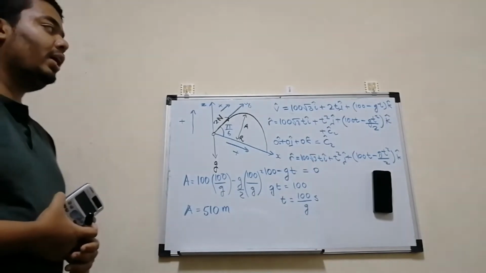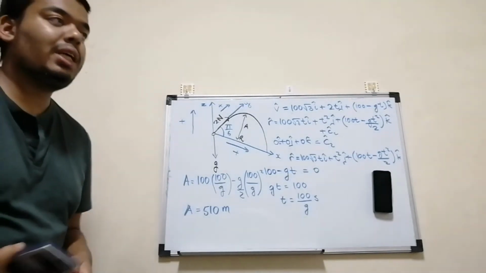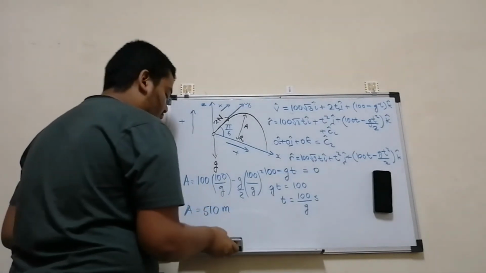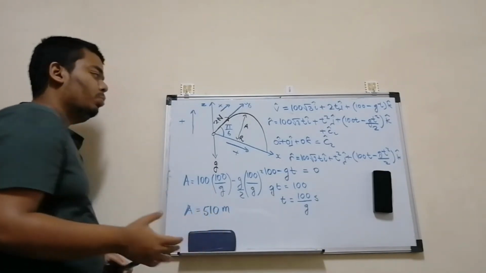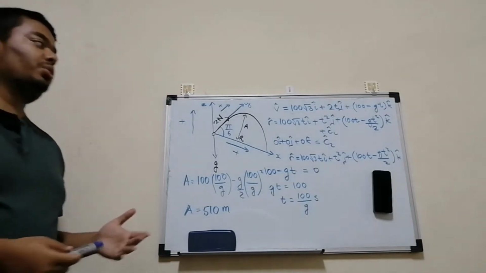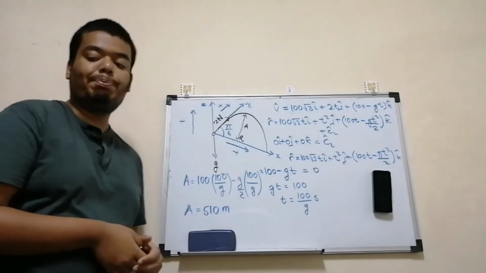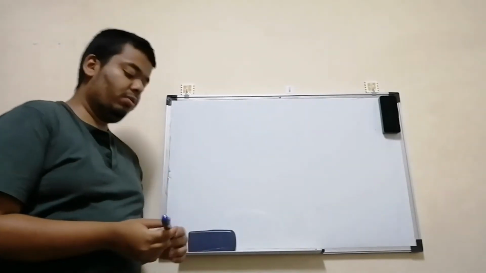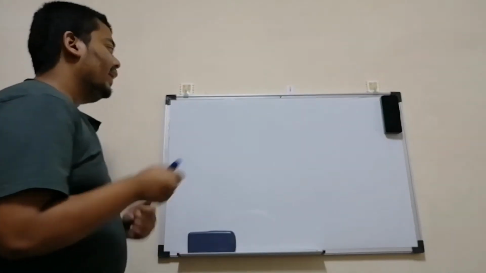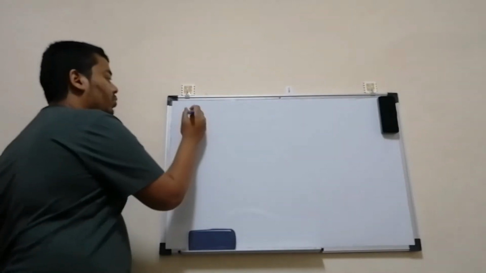Now we will go ahead and look at another example of a particle moving in 3 dimensions, but with a little bit of trick involved. The question will be a little bit tricky, but not actually tricky. So let's see what that question is. So guys, our next question is a little bit confusing or maybe tricky. It says that this particle moves